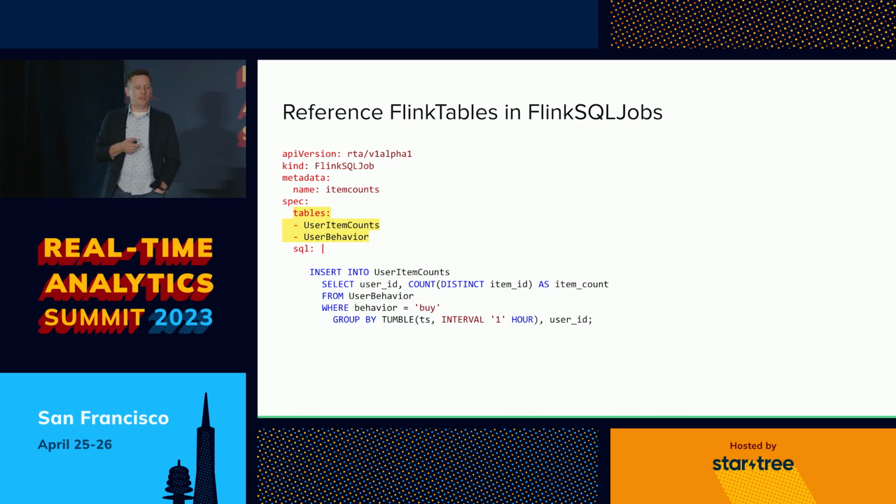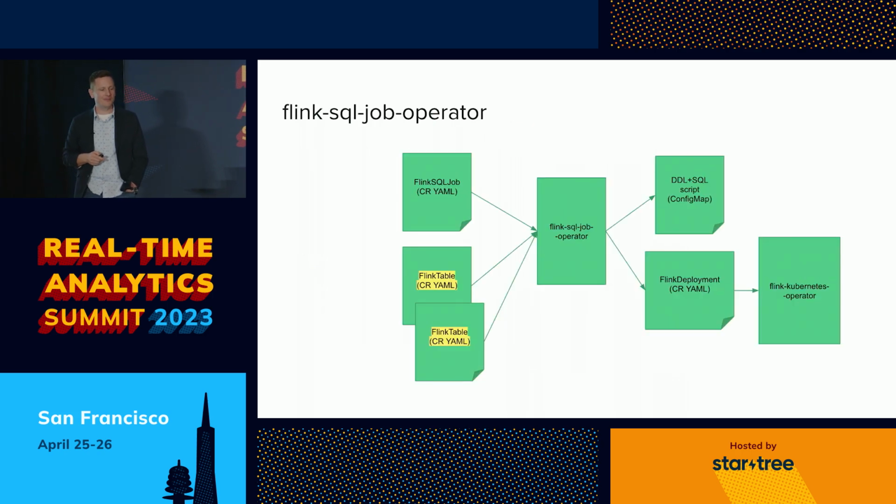And that means we can modify our Flink SQL job custom resource definition to understand tables instead of DDL, right? So you can sort of imagine where this is going. But now all I have to do is write my SQL. I don't have to write any DDL. Then I just reference the tables that my SQL needs, right? So it needs user item counts, it needs user behavior. So I just reference those existing tables that someone else has already written for me, right? So this is really easy. If we've done the first step, it gets much easier, right, to make the next SQL job.